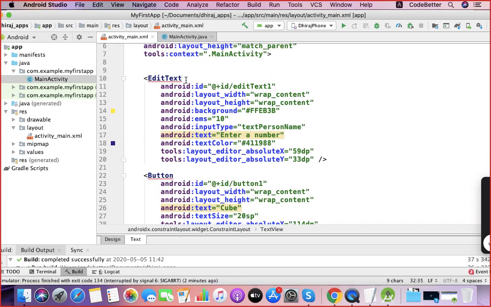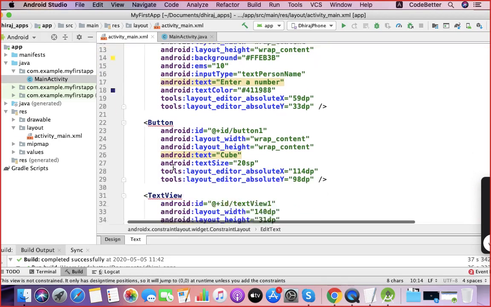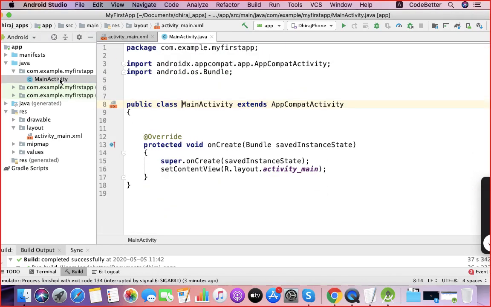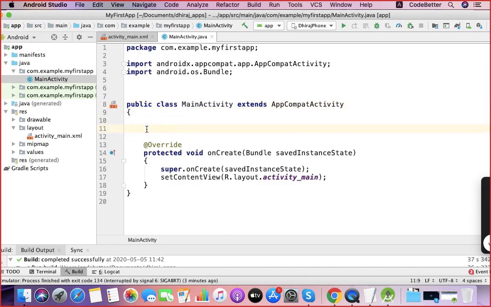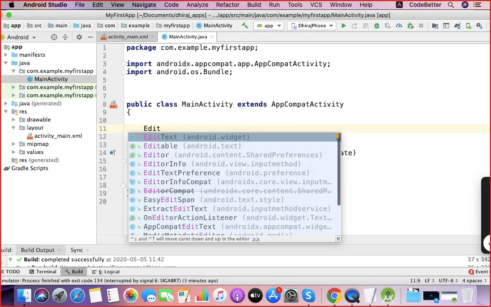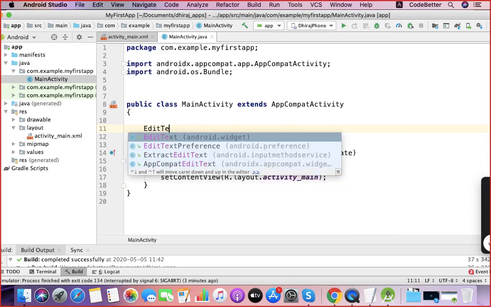So we can go to the code part, and at the class level we create 3 variables. We create 3 data members. One is edit text. As you type edit text, it suggests that edit text is available in the android.widget package. So every element that we have there has an equivalent class.